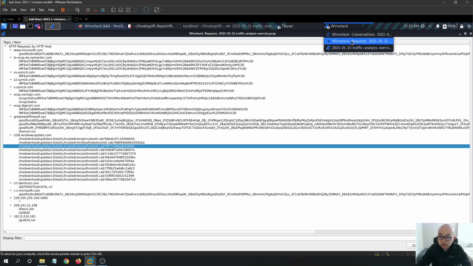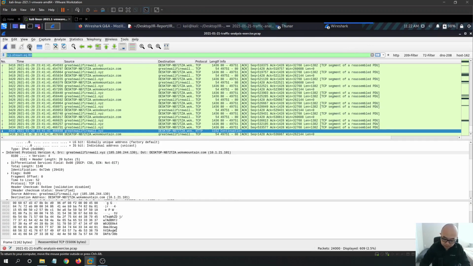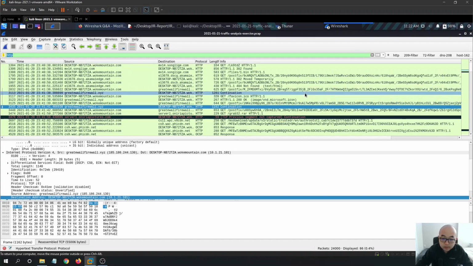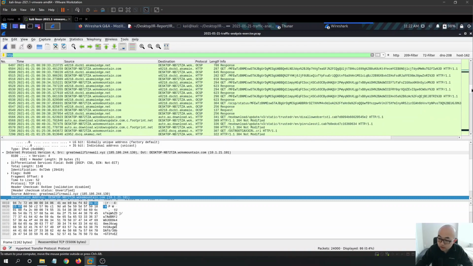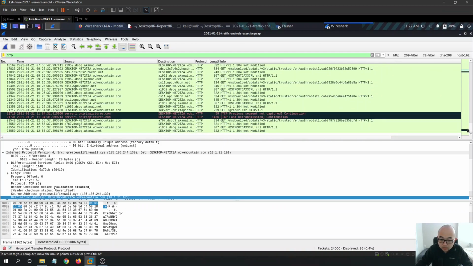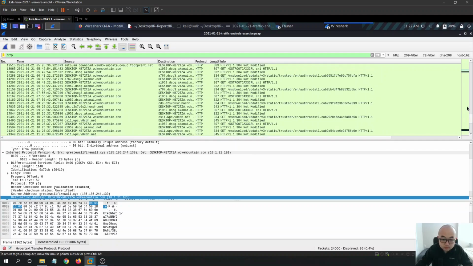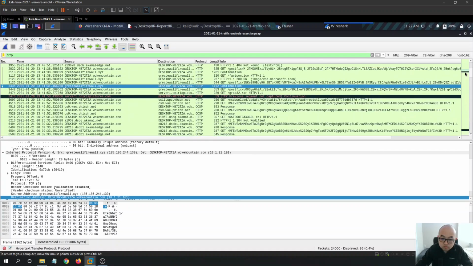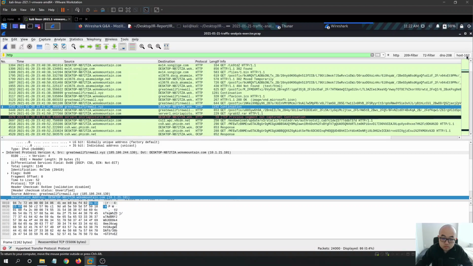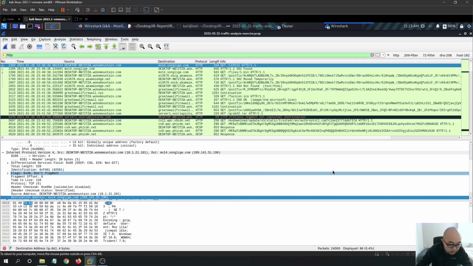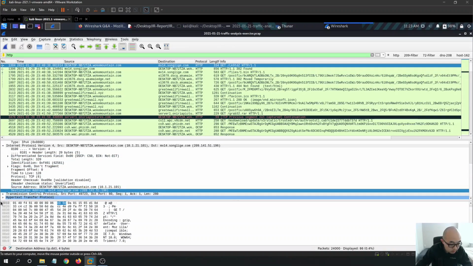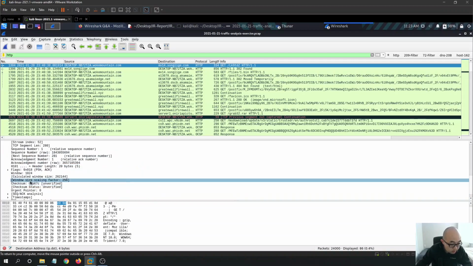Apparently I didn't see any though, so let's see if we can find something in this general HTTP request. Okay, so this one is definitely malicious. This is the IP address we found early. I want to see what kind of user agent this IP address was being